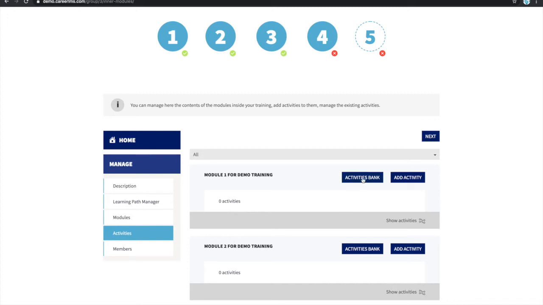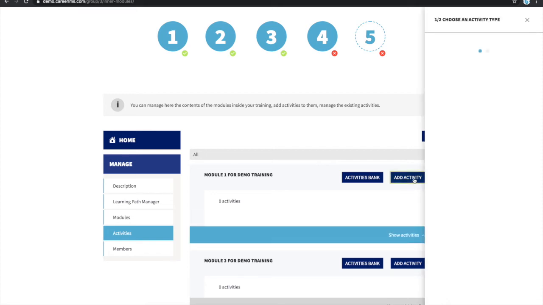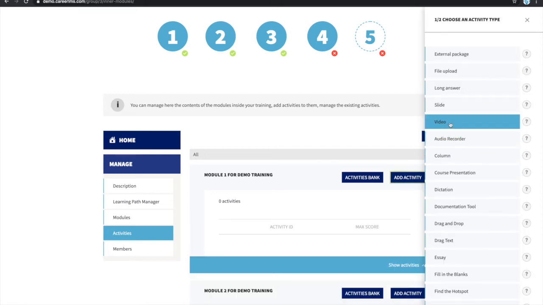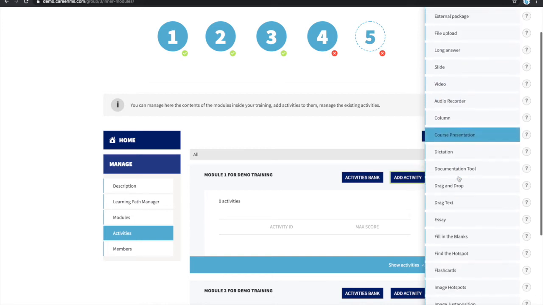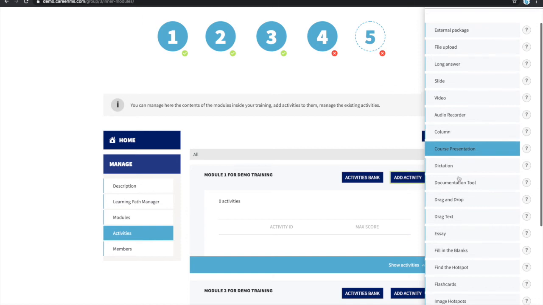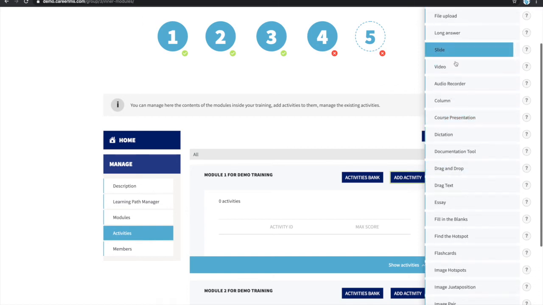And this activities bank is something that, for example, if you have a list of activities already defined in the past, you can reuse those activities. So we don't need to create it again and again. So just for now, I'm going to click add activity, and I'm going to add a video activity. So you can see here how many different types of activities are available in CareerLMS. You can choose anything you would like